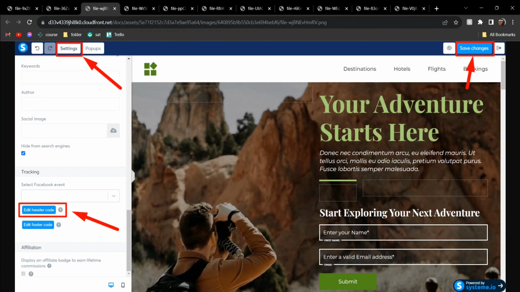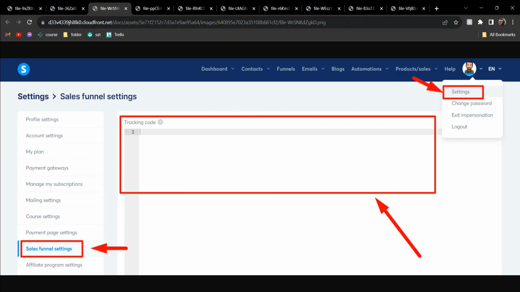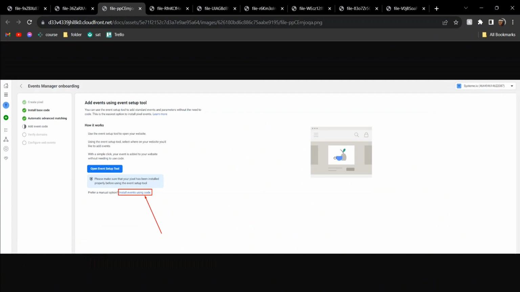And after that, what you need to do is head over to your ClickFunnels page, settings, and then edit header code, and then put that code over here and save changes. And then what you can do is go to your sales funnel settings over there and then paste that tracking code over here. And then what you need to do is go to your events manager onboarding and then click